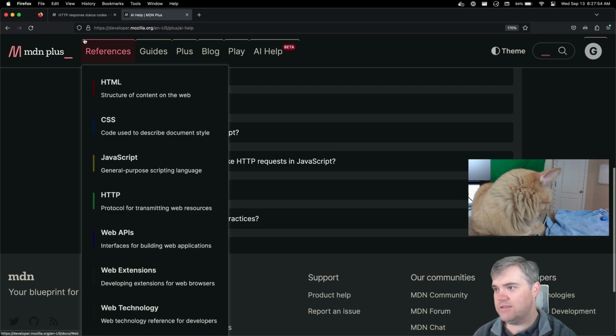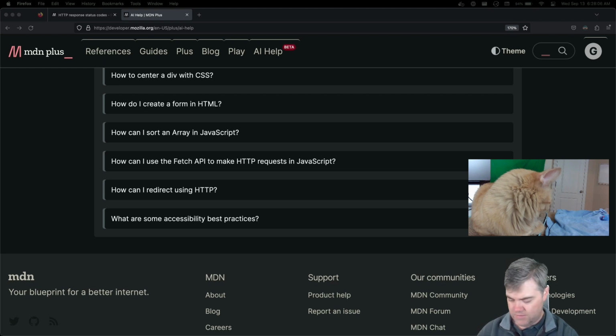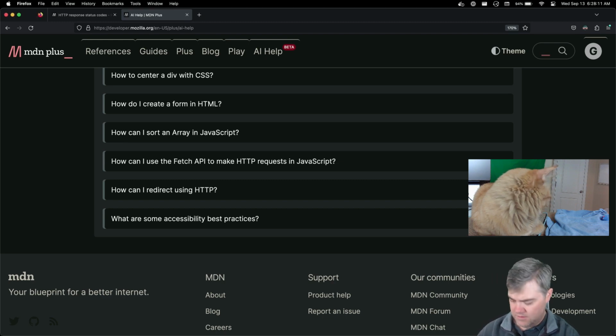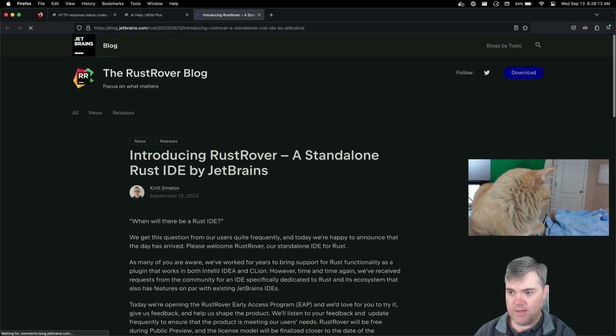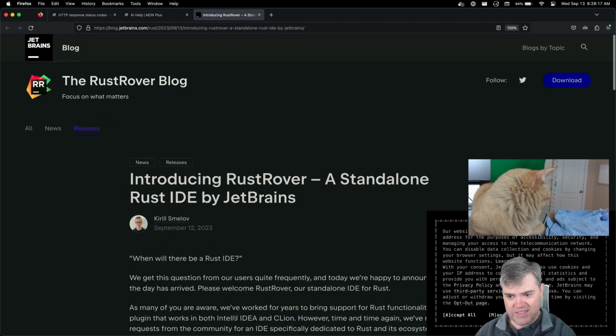Let's see that. And then we had one more thing that was shared today, which is this. Apparently, JetBrains is releasing a new IDE just for Rust.